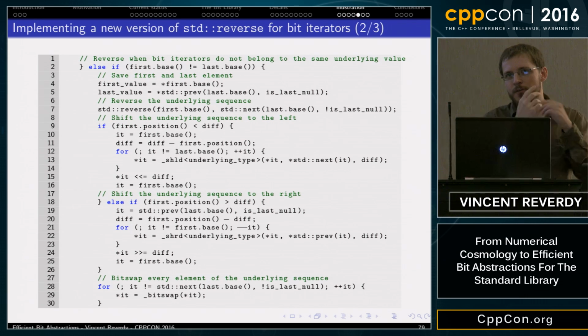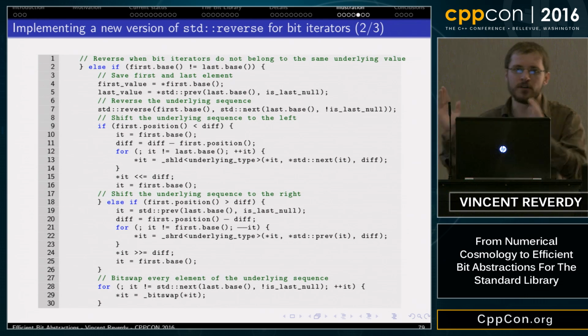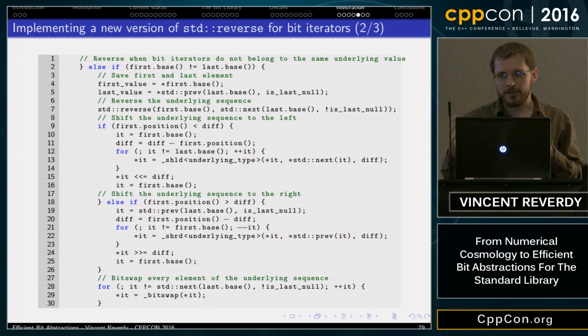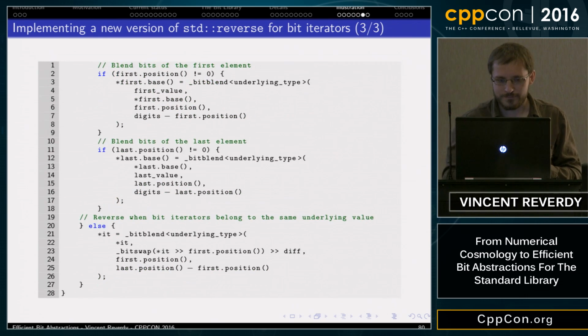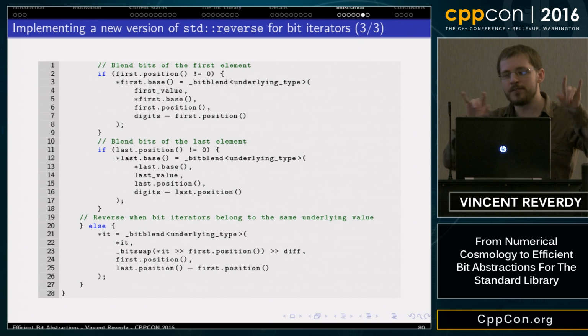Then we reverse the whole underlying sequence. We shift it by a given number of bits if necessary, either to the left or to the right. Then we bit swap every element in the underlying sequence, and then we replace the first and the last element by the value we saved. So we mix the bits of the value we saved and the bits that we inherit from reversing the sequence.